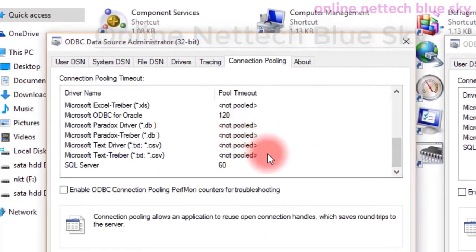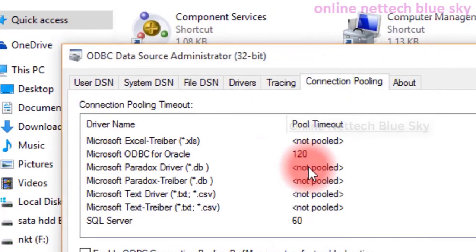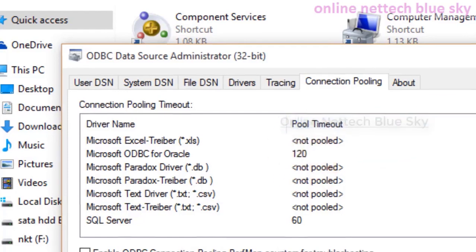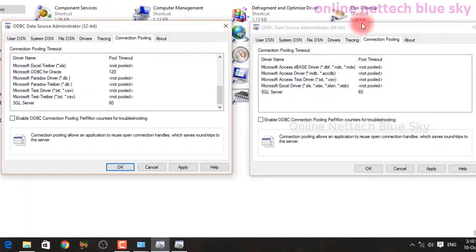Microsoft Excel, ODBC data for Oracle. What is Oracle? Oracle is a type of company for data storage. I will discuss the Oracle company later, but I'm just talking about the ODBC data source and administrator tools. Administrator tools are very important. In the ODBC data source, maybe you changed or deleted your file, so you can check here and control your driver files and different systems. The source files and different information are available in this ODBC data source. Okay, very important for administrative tools.